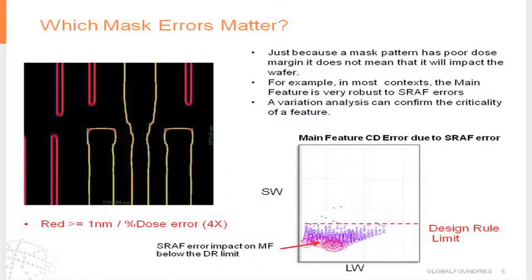So this is a mask that will have inherently high variability. Now, if you want to really determine whether a feature or an SRAF will impact the main feature, you need to do a variation analysis. Like I said, I do very large arrays of structures, and I do variation analysis over those features, and I do statistical analysis to say where really is the real practical window. For the most part, fortunately, everything above the design rule limit here is pretty fine. If you want to go down a little bit below, you're heading for a cliff. So ultimately, you need to use simulation. Fortunately, simulation has advanced to the point where it's very fast and very accurate, and that's what I'll show you. So which patterns